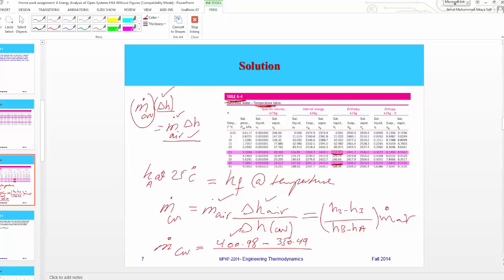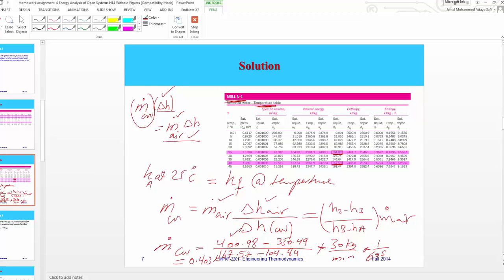This is the enthalpy difference for the air, divided by 167.57 minus 14.84, multiplied by, of course, 30 kilograms per minute, multiplied by 1 divided by 60 seconds, and if you do so, you're going to get something like